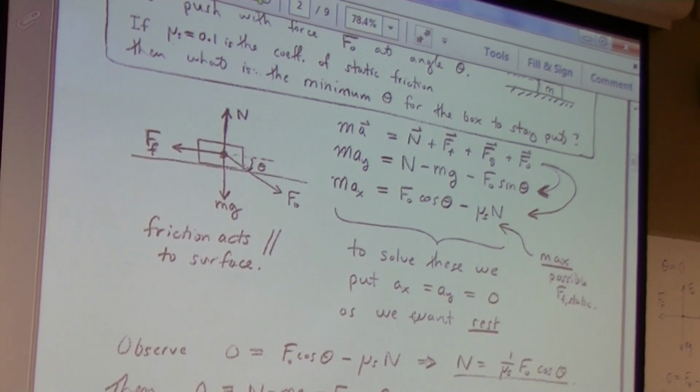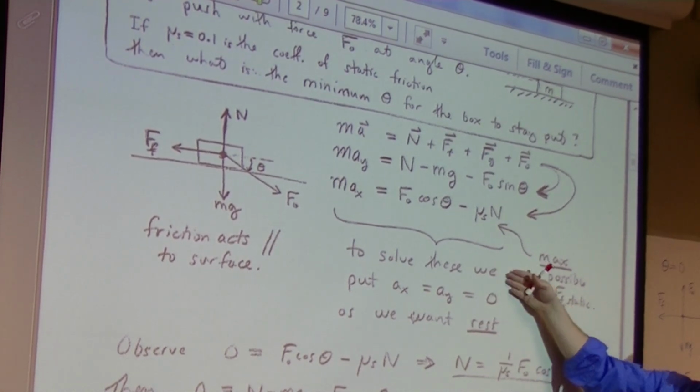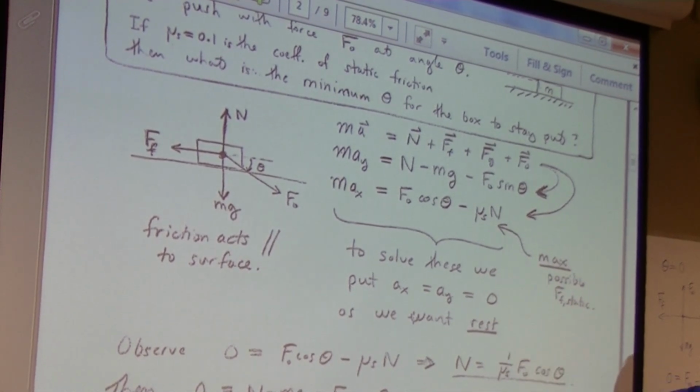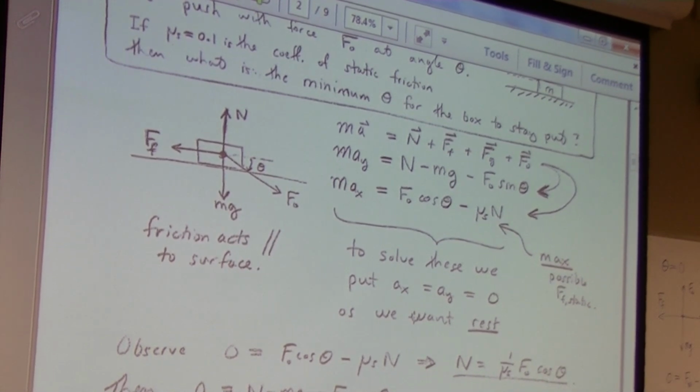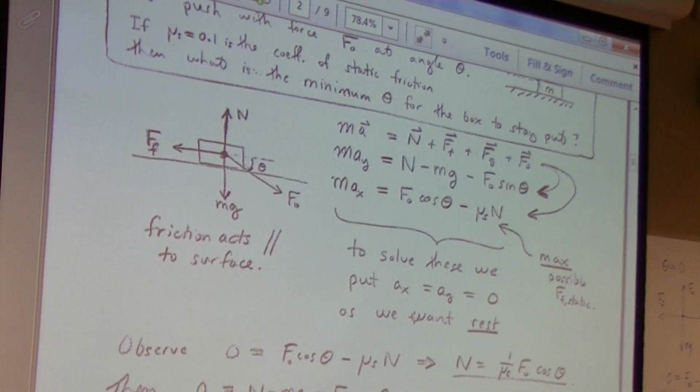All right, so if we want equilibrium, we want both of these accelerations to be 0, right? So I have to try to solve both of these at once. As I was telling you, the vertical gives me that the normal force is equal to